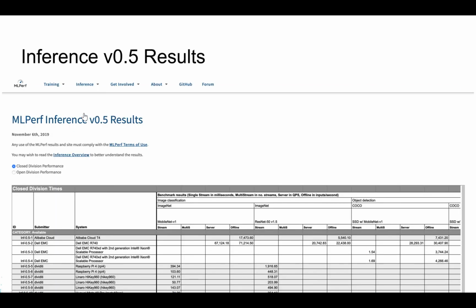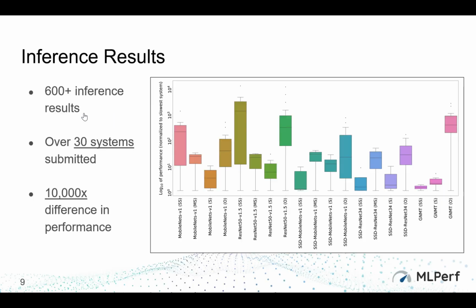And then, of course, we present results, right? Everything is made public. The code and everything is open source, so people are able to actually go in and look at the specific implementation for every single result that actually came out. And I'll talk more about this in a bit. What does this help us really do? If we follow what I just laid out, what does that really get us? It gets us a massive number of actually comparable results. In the first version of just this inference benchmark, we got over 600 unique data points on completely reproducible results.